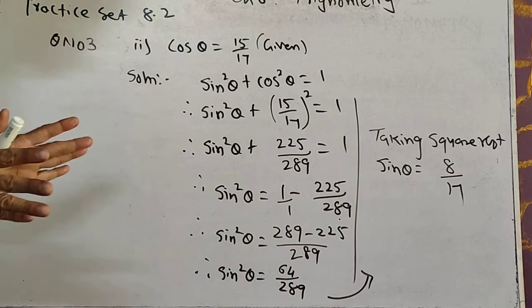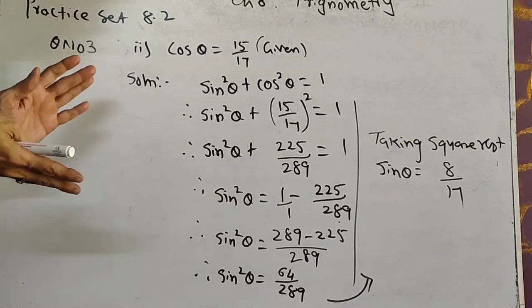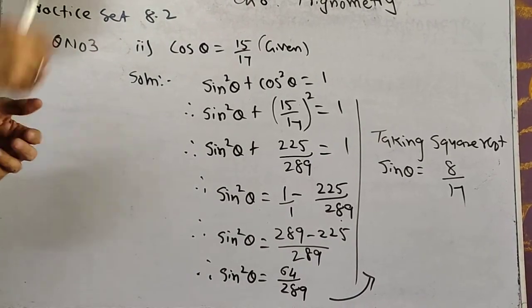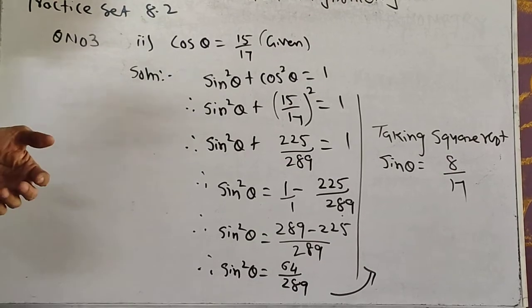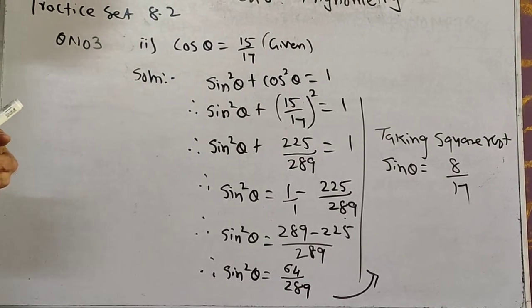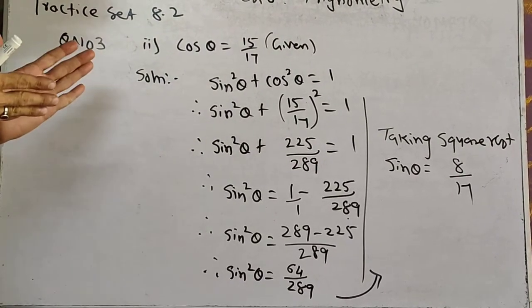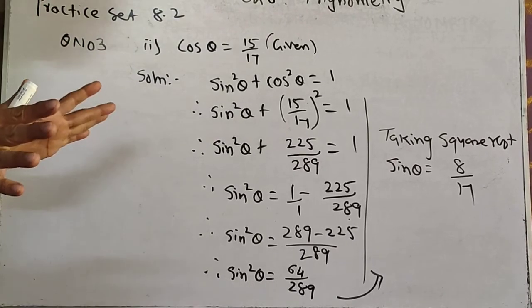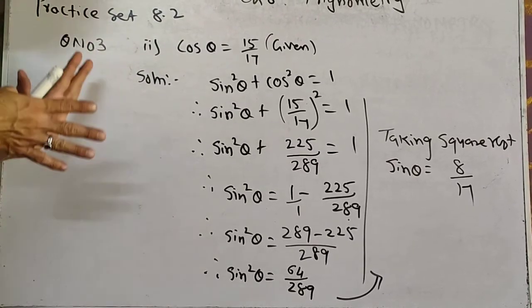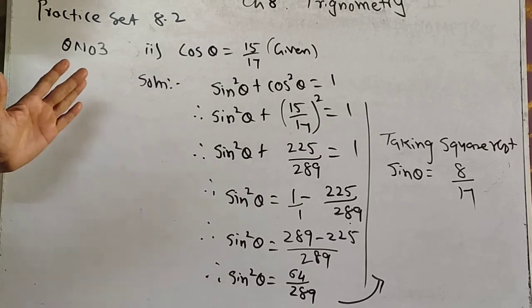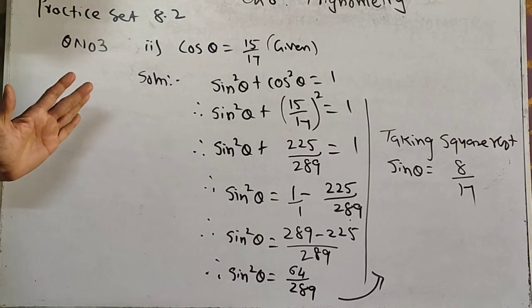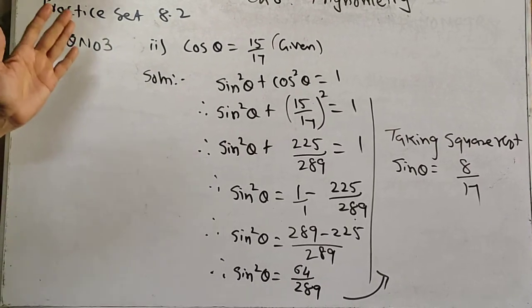If you don't want to use identity, you can use our previous method which I showed you of right angle triangle, where we assume k. That also you can use in this. So both the methods I taught you, whichever method you like, you can solve it. Problem set is homework for you. Very few sums are there in the problem set. You have to do it by yourself.